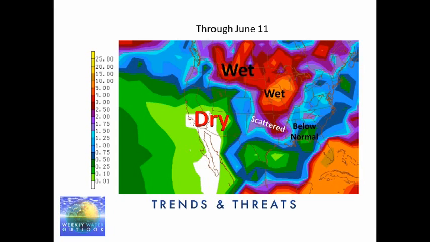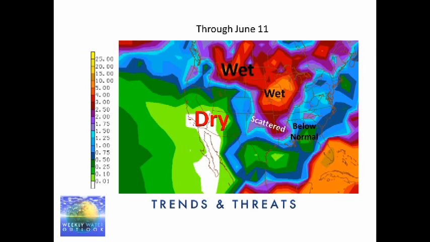So these are the trends and threats as we get right through the end of May into the first part of June, June 11th. I took a model output and ran it all the way through with all the rainfall potential through there. And definitely we see a very strong signal for that wet weather from the upper tier of the Midwest, from almost all of North Dakota, northern part of South Dakota, Minnesota, and Wisconsin into Iowa. And that's going to be the very strong trend for heavy rainfall. And then it's going to extend into eastern parts of Nebraska, northeast Kansas, north Missouri, northern Illinois, perhaps into parts of Michigan as well.